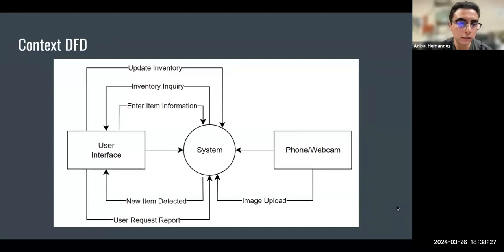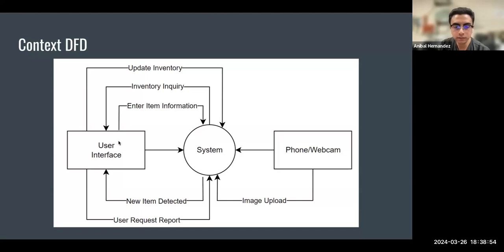So now we have the context DFD. Here in the middle we have the system, and on the sides we have the phone/webcam and the user interface. This is a visual representation of the event table. The phone/webcam uploads the image to the system, and then the system detects a new item,